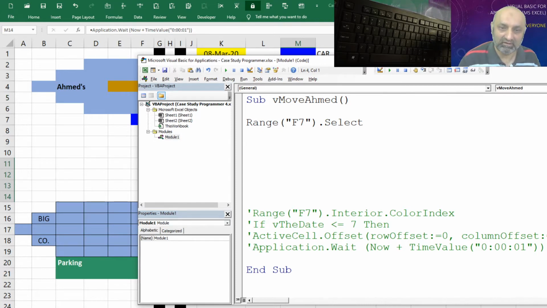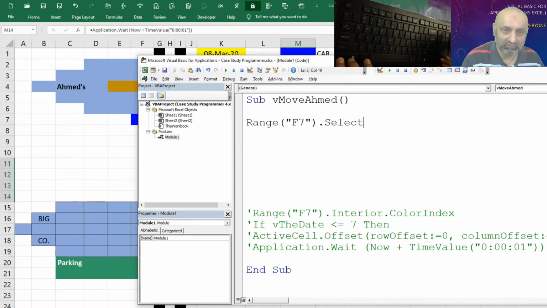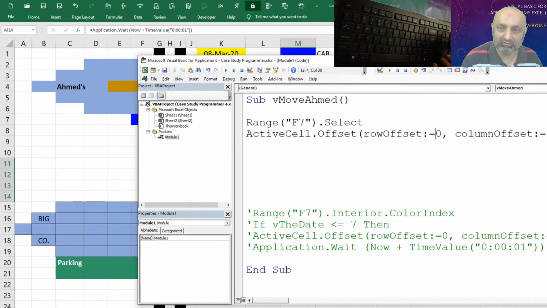Once we are in F7, we need to move the cursor to the right. So let's get our Offset command so that we can move our cursor. We move the cursor one column right, which is already 1, so there is no need to change.